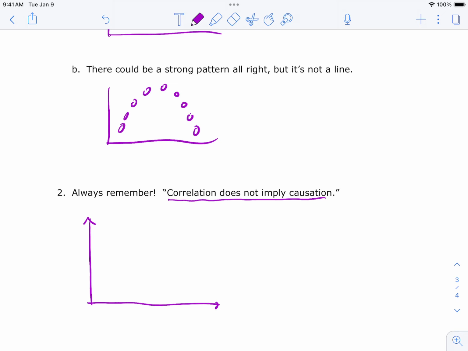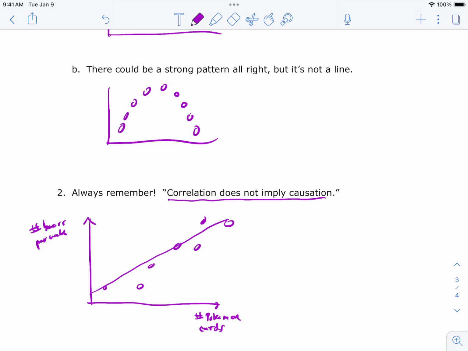Let's say you ask somebody how many Pokemon cards they own, and then how many beers they have every week. Well, I'm guessing you'd probably find some kind of a positive correlation. I don't know how strong it would be, but I'll bet there's some kind of a positive correlation there. So let's say you get a statistically significant positive correlation, right? Well, would you conclude that